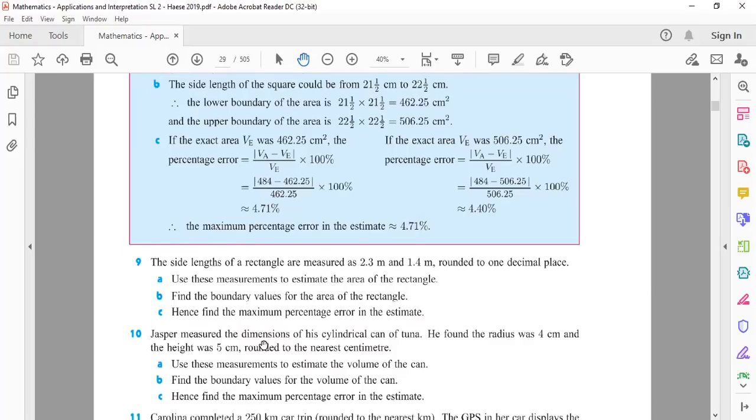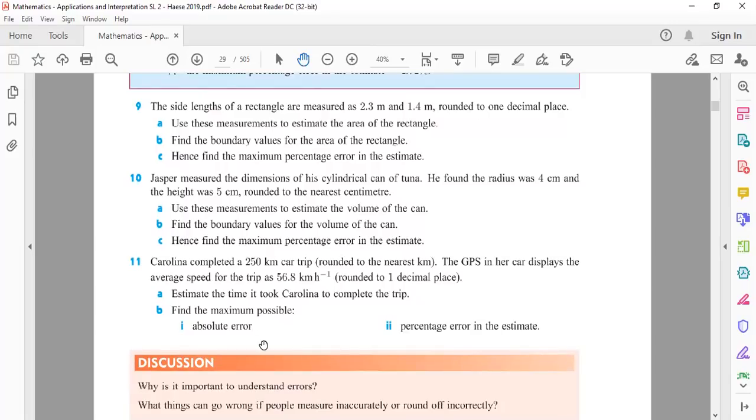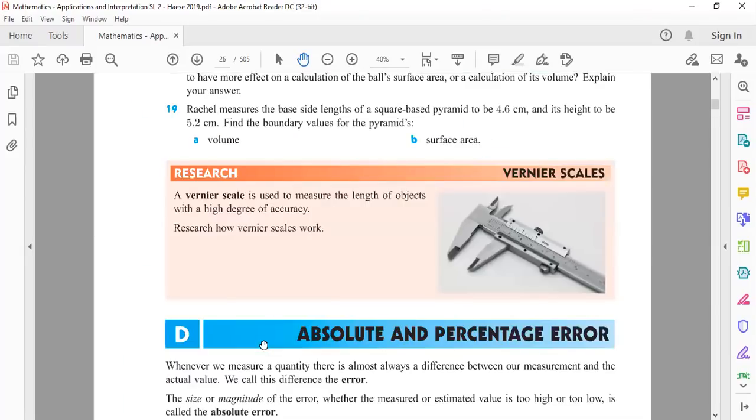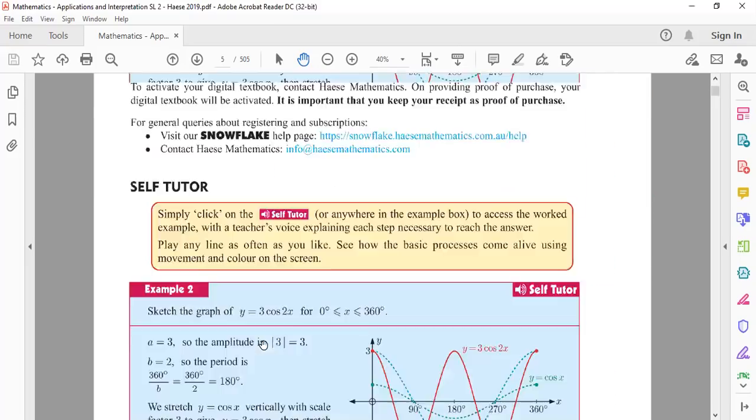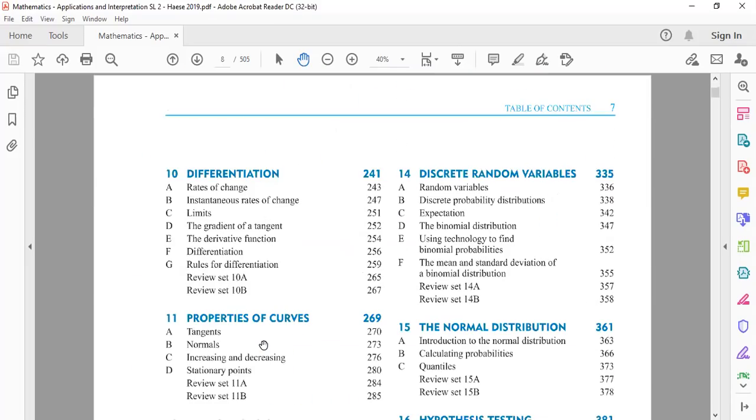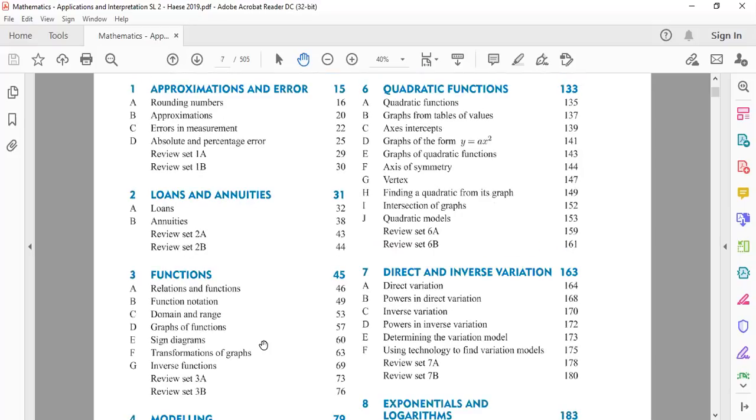So that's it, or are you on the next chapter now? I'll just get my textbook and see what chapter I need to do. Because I know you did this chapter, direct and inverse variation, A and B part. Can we do that? Because this B part is difficult, A part is easy. Okay, then we can do that.